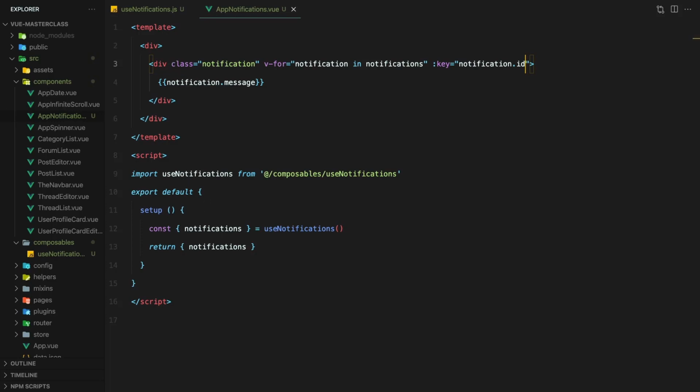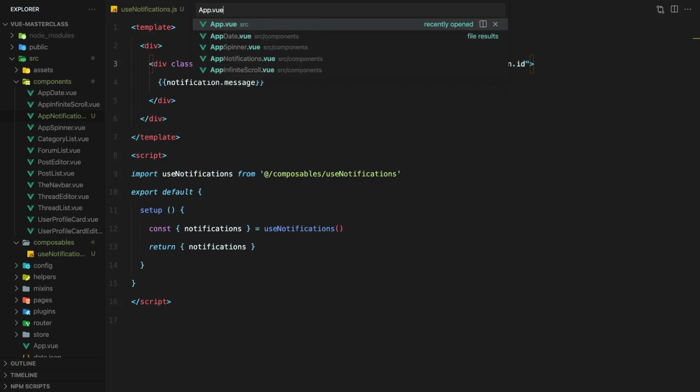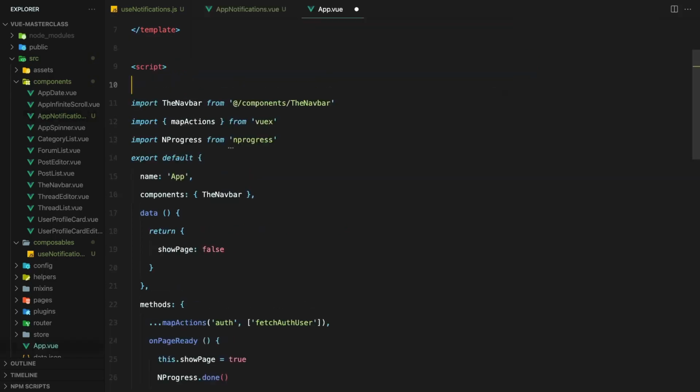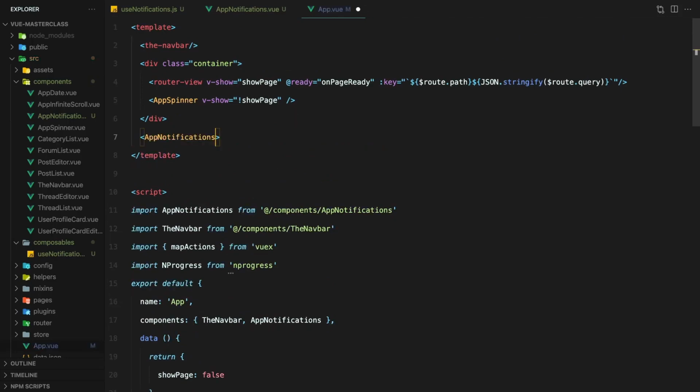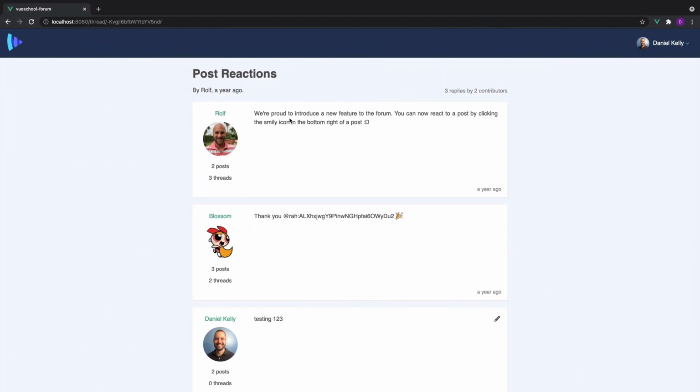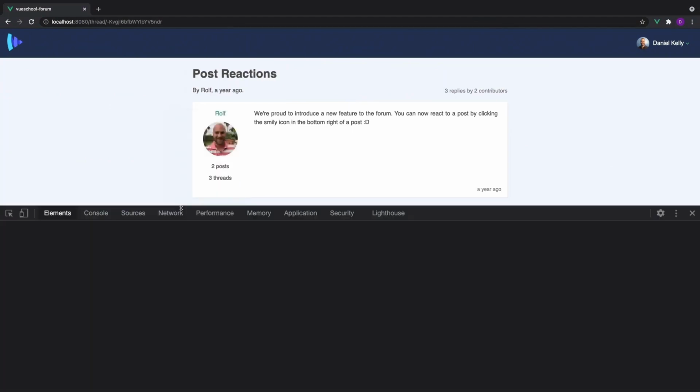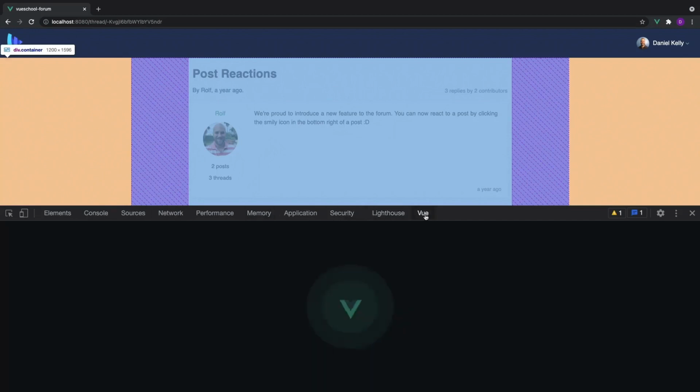Awesome! Now we can use our component in app.vue. I'm choosing to use it in app.vue because we want the notifications to be available for display on any page, much like the header. Only when the notifications array is empty, the user won't see anything different. Cool, the page looks the same, but now in the DevTools, we can see the new component.